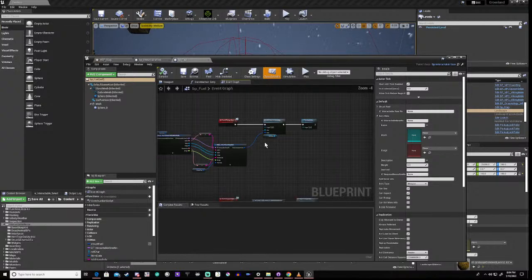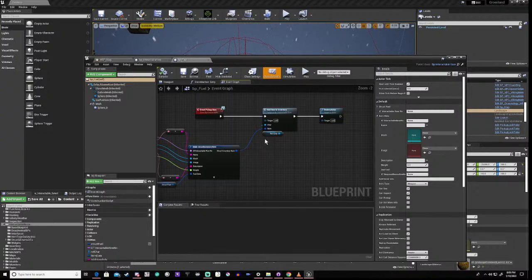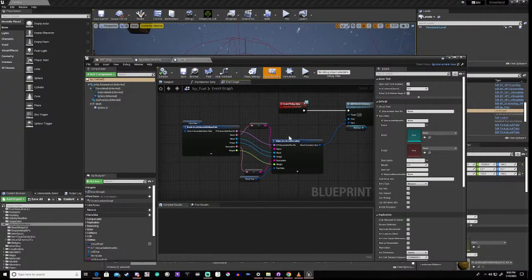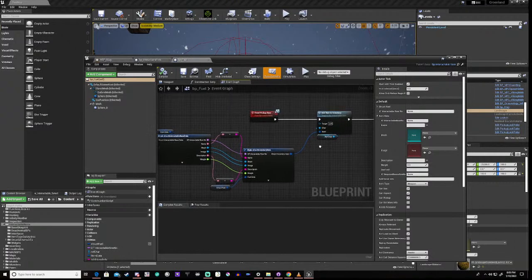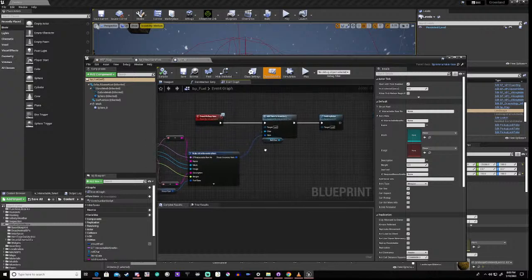Okay. Now we need to do a similar thing to this, except we need to remove the item from the inventory. Okay, so